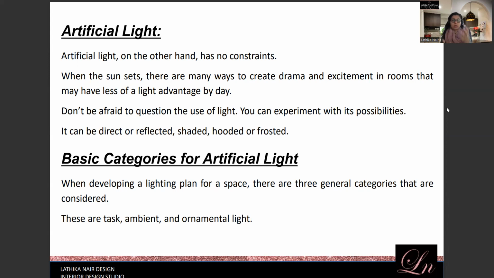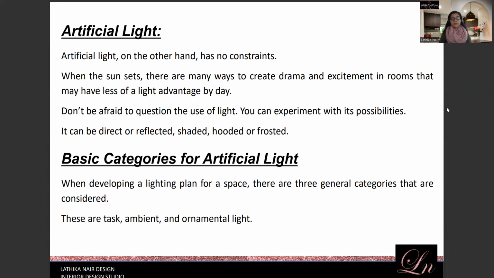Hooded, of course, means usually the light fitting will have some kind of hood directing it in a particular direction. You can have a light fitting which might have a hood on the top, so it hits the hood and directs the light downward. You can have it the other way as well. You've got the light and the hood at the bottom, so it directs the light upwards. That creates a wall wash. So there are different types of light available, and these days, with technology, there's something new coming in the market every day.